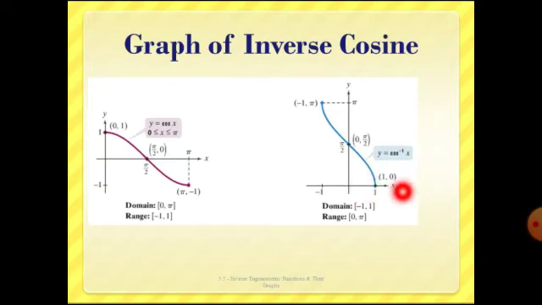Now this is the x-axis, horizontal is the x-axis, and vertical is the y-axis. Now how to plot the points here? Let us see. Cos inverse of x, in place of x if we take minus 1, now cos y is equal to minus 1, y will be nothing but, here it is minus 1. So this is minus 1.